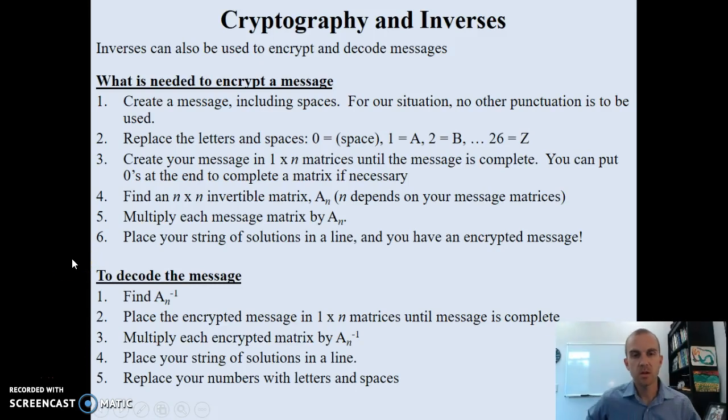So one of the really cool things we can do with matrices is some cryptography, using the inverse of a matrix to help us with encryption and decryption. If we want to use that, the first thing we have to do is create our message, including some spaces. I don't worry about punctuation, just to keep it simplified with the numbers that we may